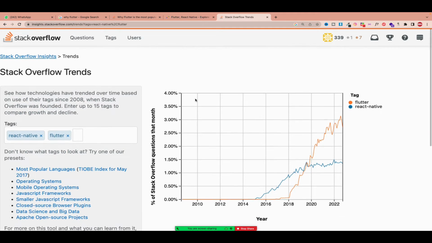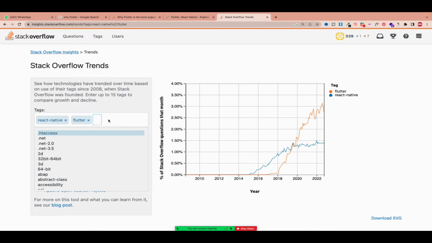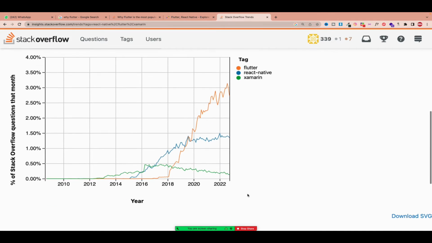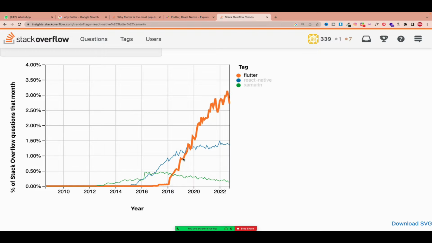And then you can come and compare different technologies. For example, someone talked about Xamarin of Windows, of Microsoft. So let us look at Xamarin. Can you see Xamarin? Who's talked about Xamarin? Okay, I'm not laughing, but that's a fact. You see where Xamarin is sinking, is down, but some companies need it, and there are some jobs of Xamarin, but you can see you can't compare Xamarin with Flutter.